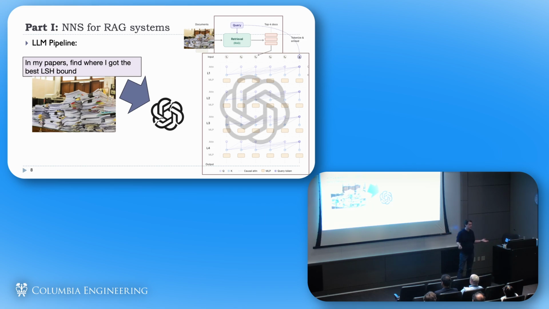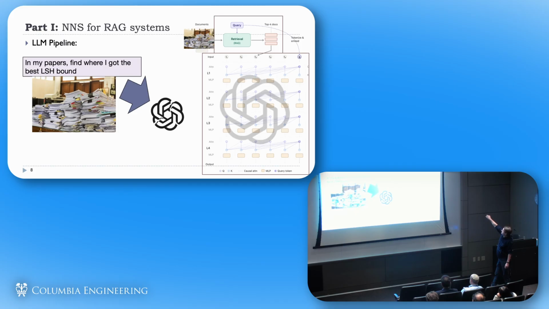So it said, oh, you're talking about LSH, let me pull out all the papers about LSH, right? So it will choose from this whole corpus of documents just the top key documents, basically. And these will be fed into the context of your chat, for example. This is a picture of a kind of transformer, but we will come back to it later in parts 2 and 3. For now we'll focus on this one.